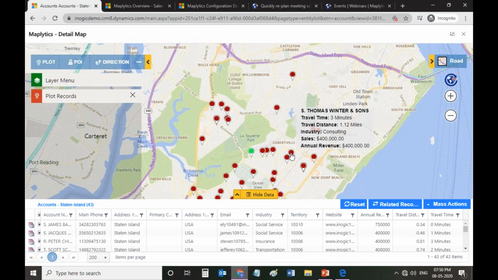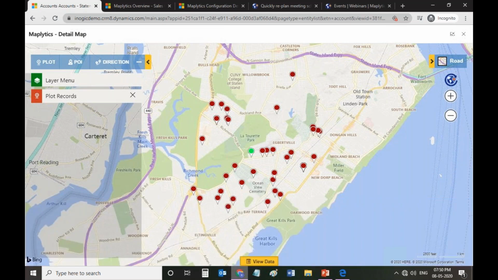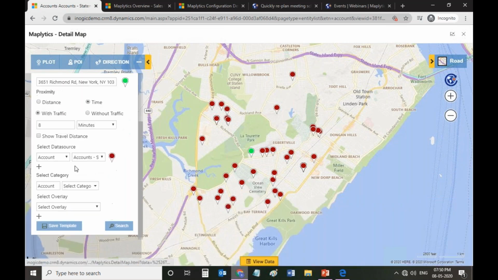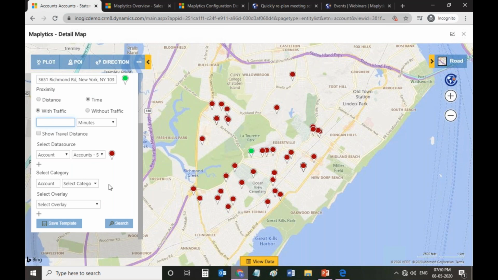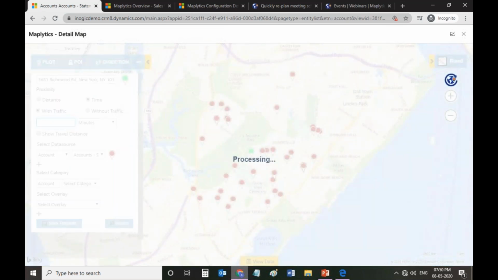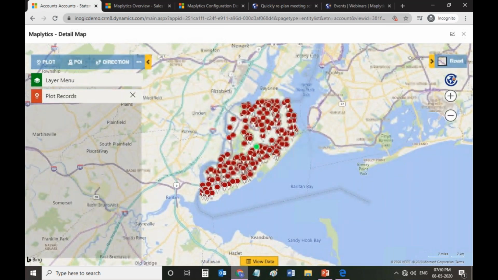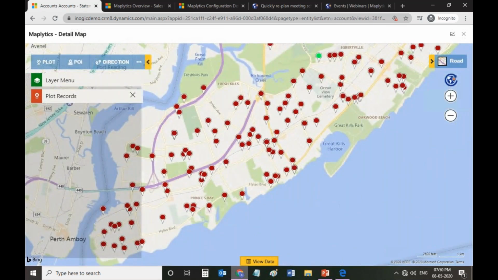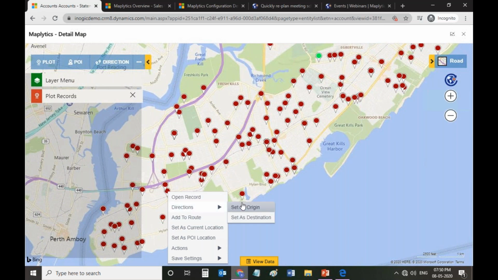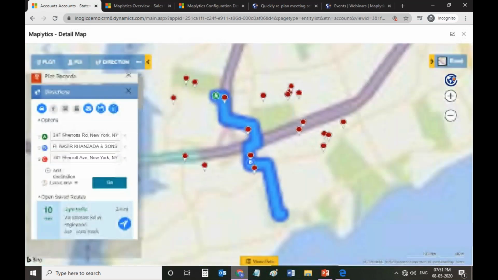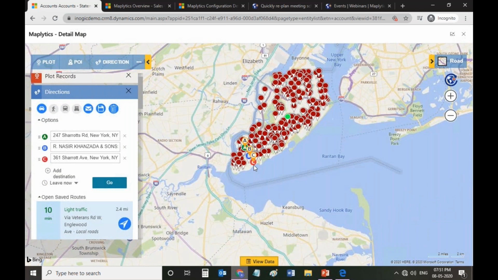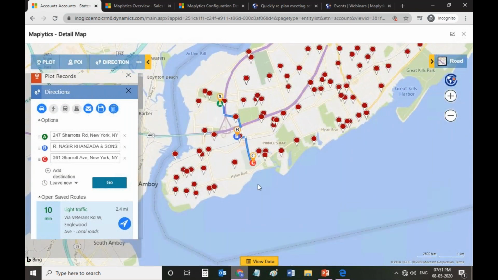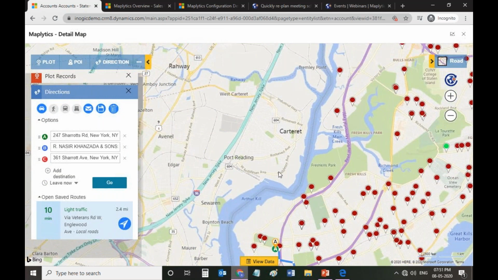So now moving ahead to the next feature that we have, the route optimization. So let me just plot some more data. So you can plot any route for any locations on the map, right? So here you can right click anywhere, be it a push pin or a location, and you will get three options: set as origin, set as destination, or add to a route, right? So I'll select add to route. The reason I selected add to route is that I have already selected the default origin and destination.